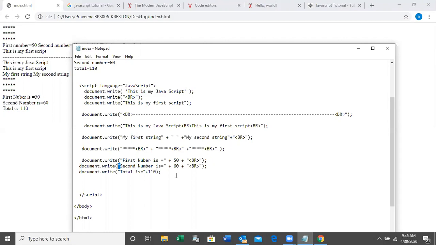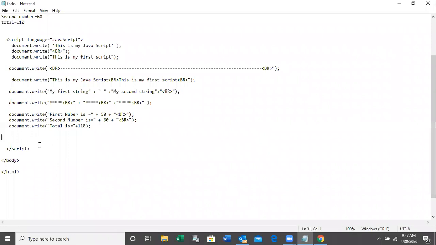Now we can see the operators in JavaScript. What are the operators in JavaScript? The first type of operator is arithmetic operators. We can use these arithmetic operators to do the calculations, right? I will let you know what the arithmetic operators are. Plus operator, you all know the plus operator.